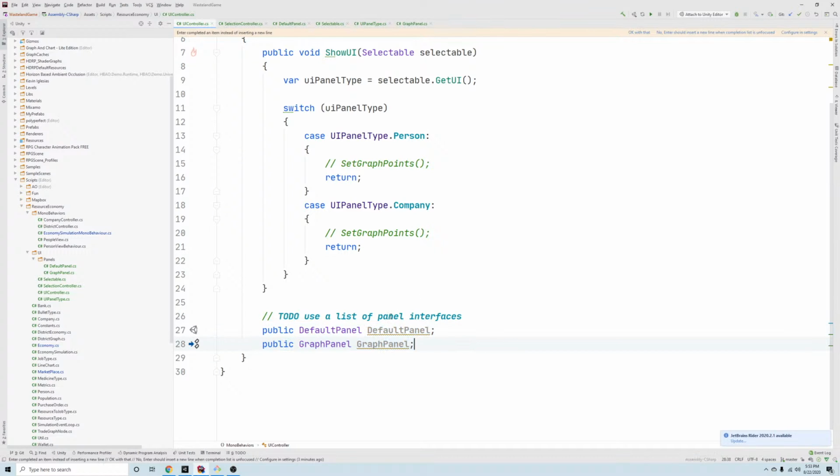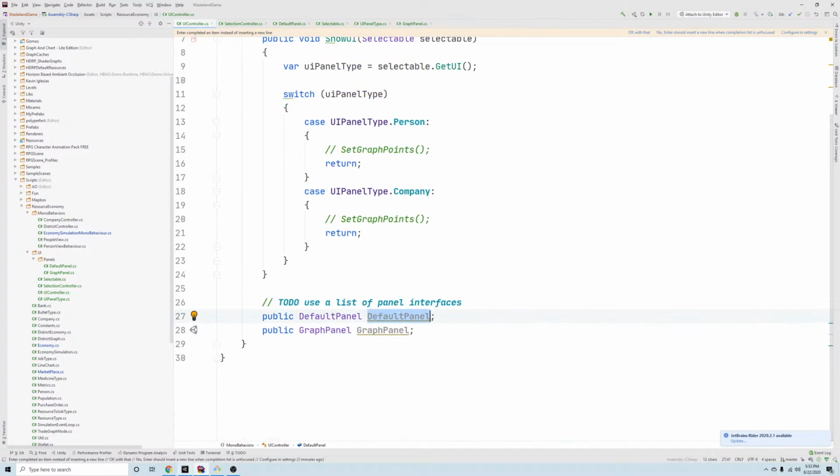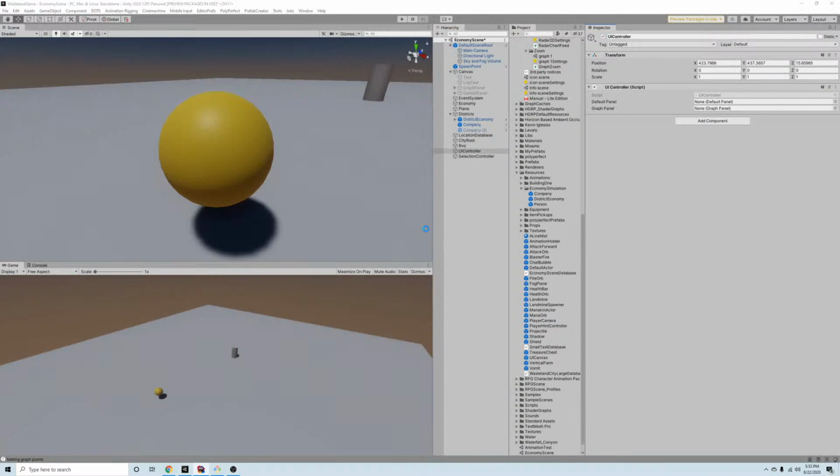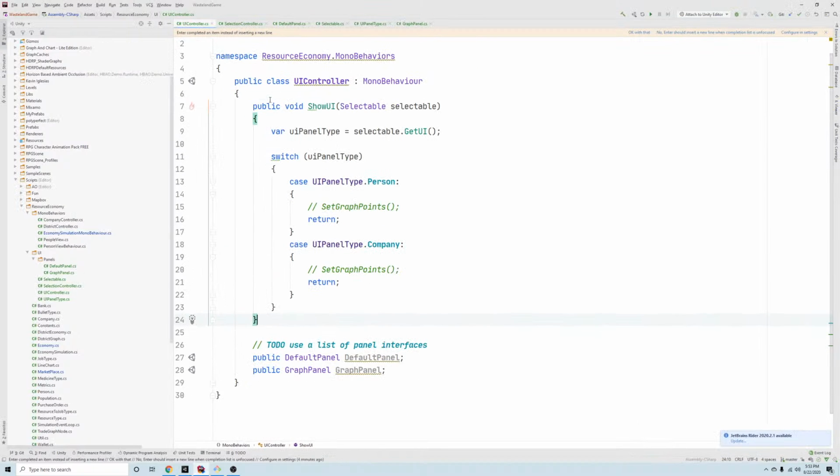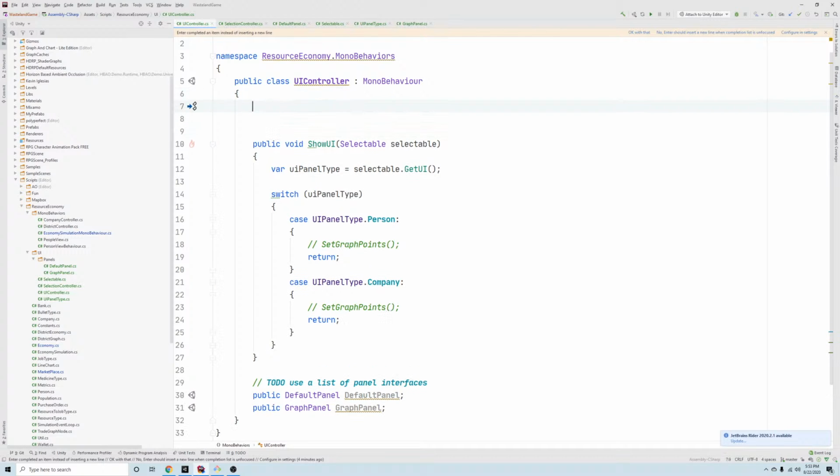But right now I'm programming to the concrete implementation because I don't yet know what the interface should be. Okay, so now the UI controller has a reference to the default panel and the graph panel. So we can do stuff in code here. So the very first thing I want to do is